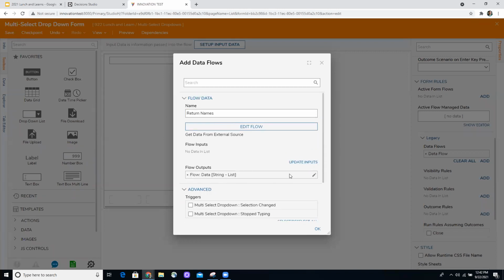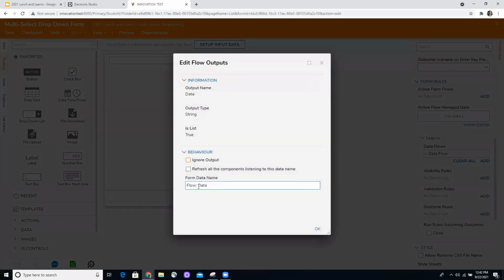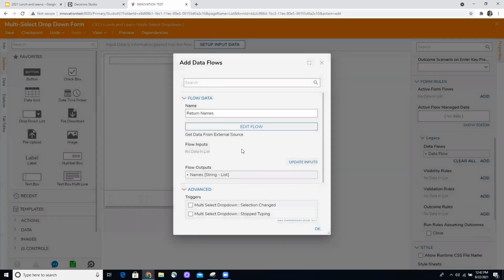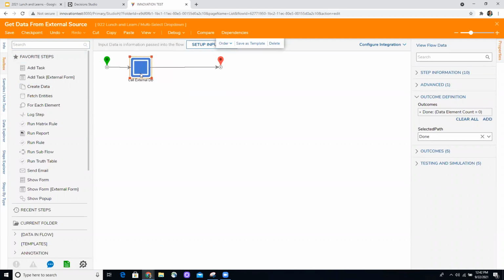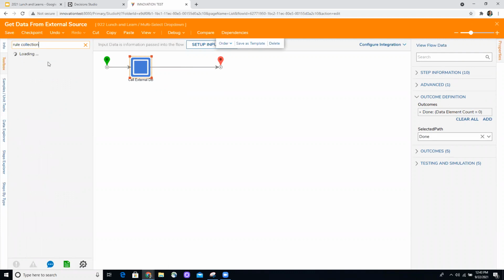Update inputs. And then inside of here, this is where we would have your call. So this would be the same thing. However, using this method, we would have a rule collection filter step.